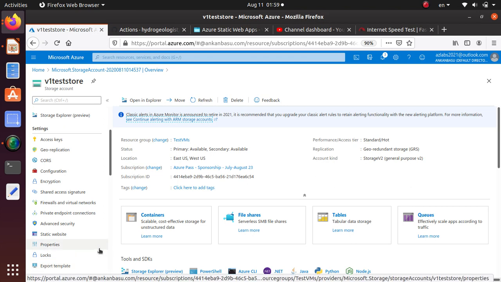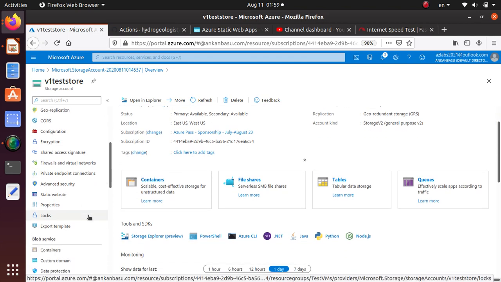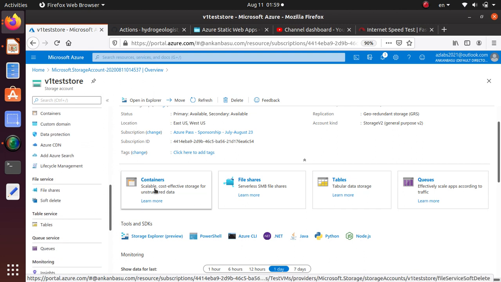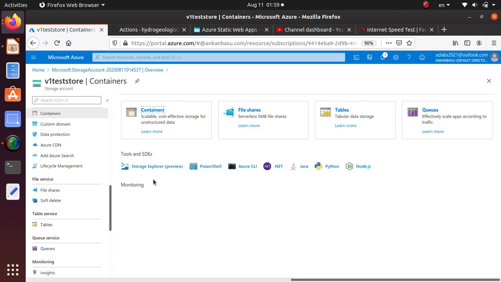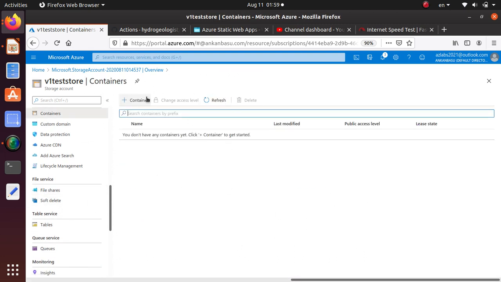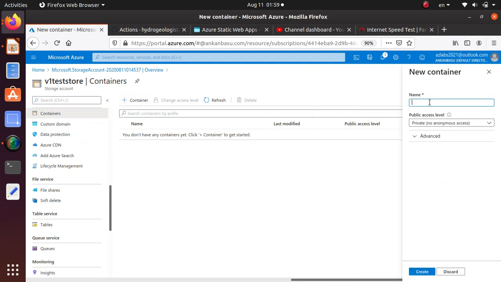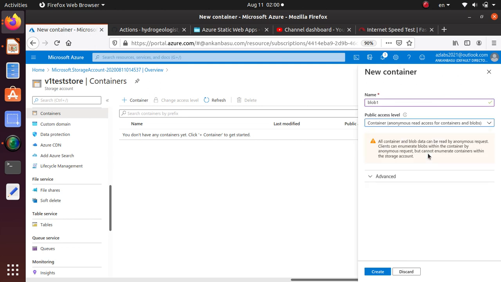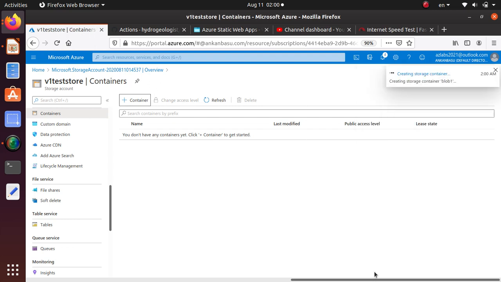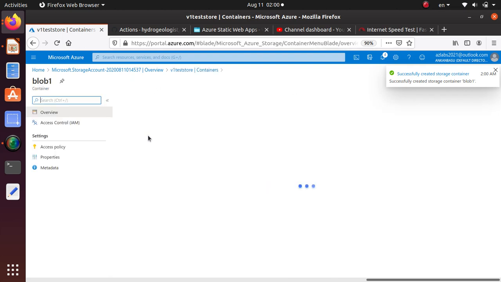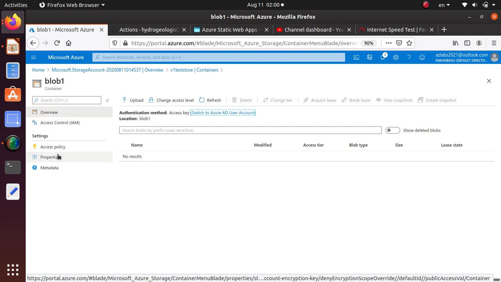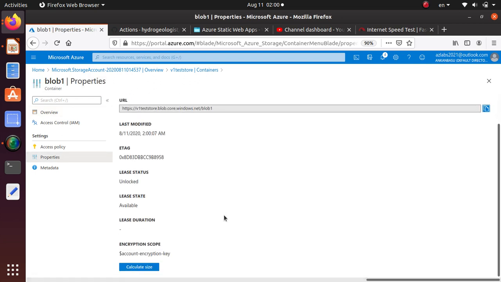So let's look at that one. Let's see, containers. Right now I do not have any containers. So when you create a container and call it, say, blob1, okay, private, anonymous read access is good. Advanced, I don't need to do anything. Let's create a container here real quick. So I got a container, and if I click on the container and go under the properties,